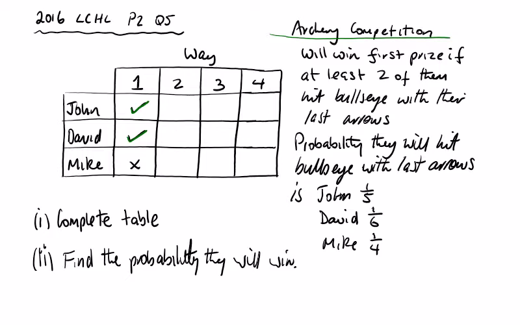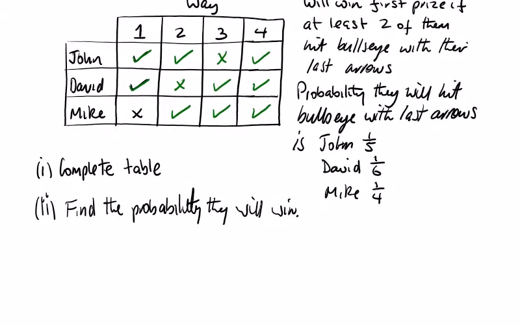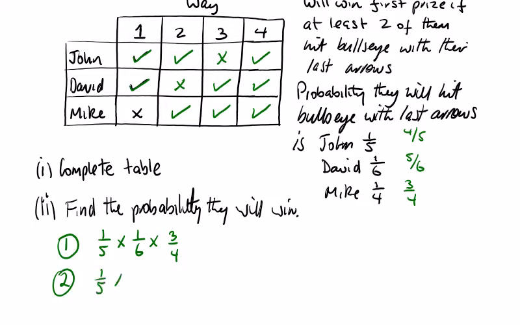will win. So what, John could hit it, and Mike could hit it, and David could miss. David could hit it, Mike could hit it, and John could miss, or all 3 could hit it. So we're looking at these 4 probabilities added together. So if we look at number 1 first, John, David, Mike. So John hits 1 over 5, multiplied by David hitting 1 over 6, multiplied by Mike missing 3 over 4. It's going to be a 5 over 6 and a 4 over 5. So 3 over 4. Number 2 is John hitting it 1 over 5, David missing it 5 over 6, and